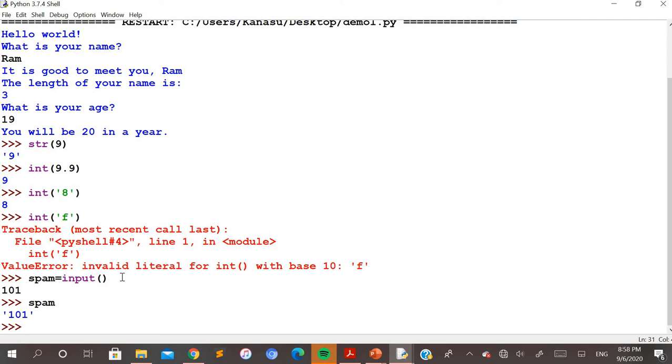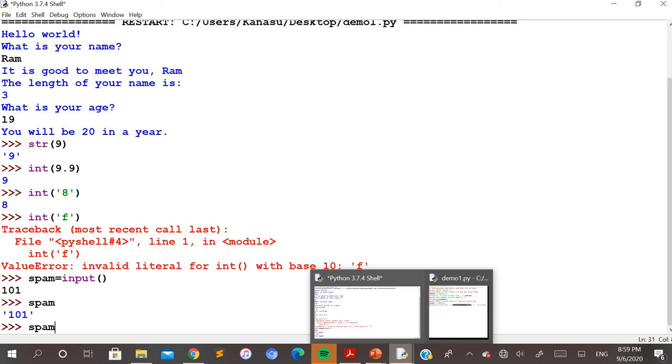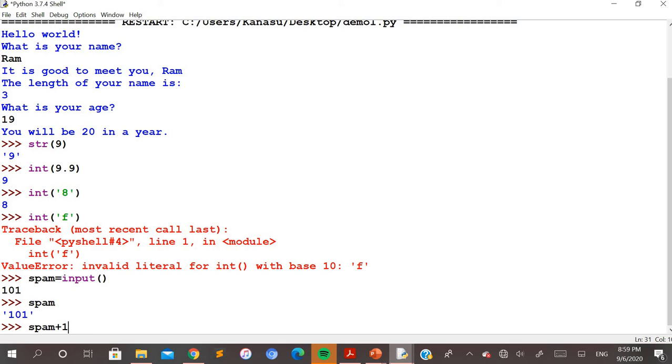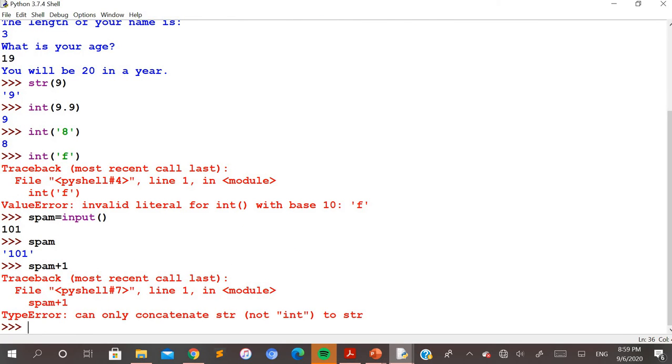That's why, repeatedly from the last video, I'm telling you to please remember that whatever input is given in Python is by default considered as a string, even though the intention of the user is to enter the number 101. Suppose I do a mathematical operation on this spam, for example, since it is 101, I want to add the value 1 to it. If I do this, definitely you are going to get an error. Why? Because spam is considered as a string by Python. To the string you are using the plus operator with a 1 as an integer. That means you want to add a 1 to a string value, which is not allowed in Python here.